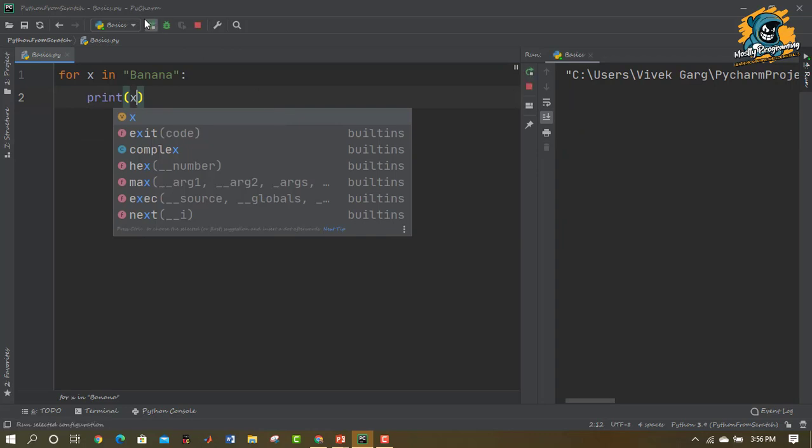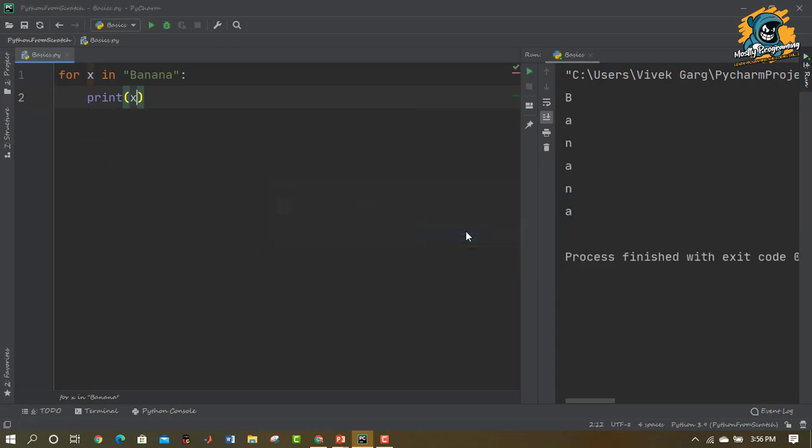So now let's see the output. Stop and rerun. Yeah, so as you can see on the terminal, on the run prompt here, BANANA is printed. That means using a for loop, we basically iterated over the whole string